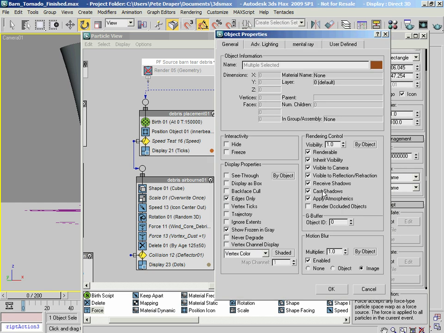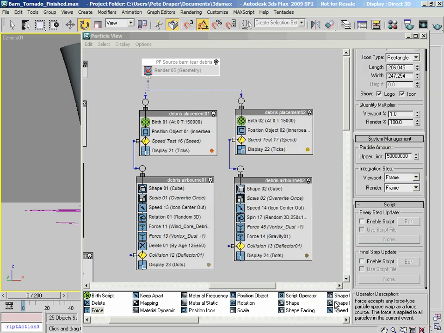What we'll also do, I think, is because this geometry is so fine, we'll actually turn off cast shadows as well. There's no point in having shadows cast by this fine particulate matter. So I'm just going to turn that off as well. So click on OK. That's applied it, because we've done it to this root event, it's applied to the entire system. Obviously these are not renderable, quite simply because there's no shape operator in these. So these particle placement events will not be rendered apart from when they get passed through to these events here.